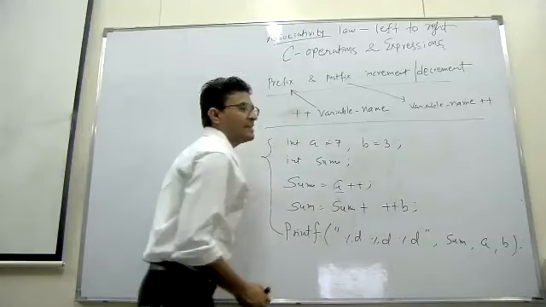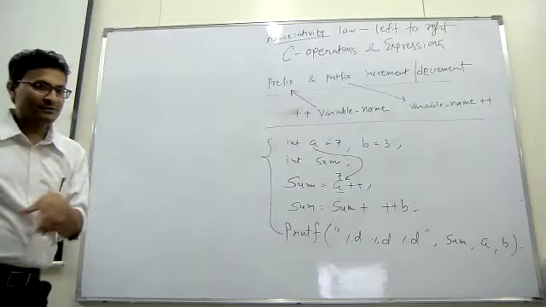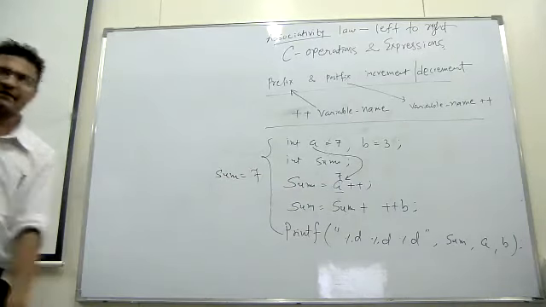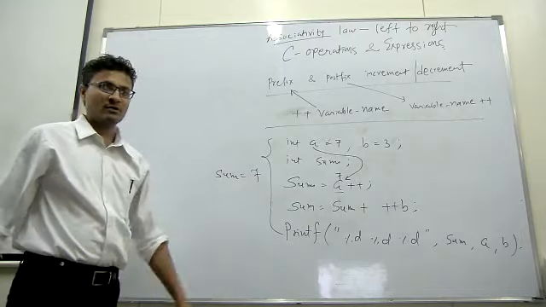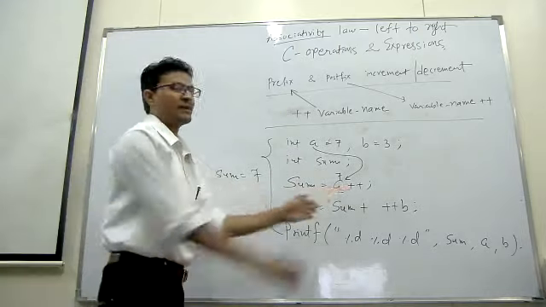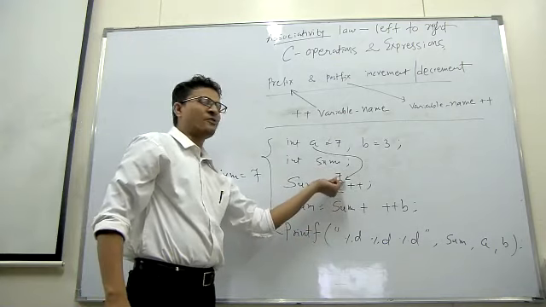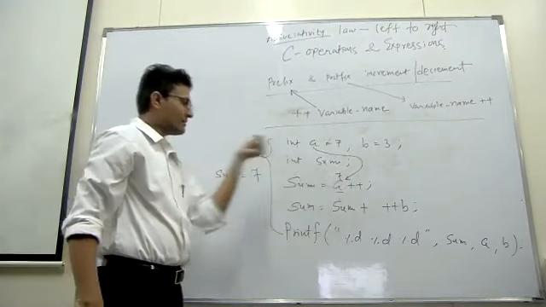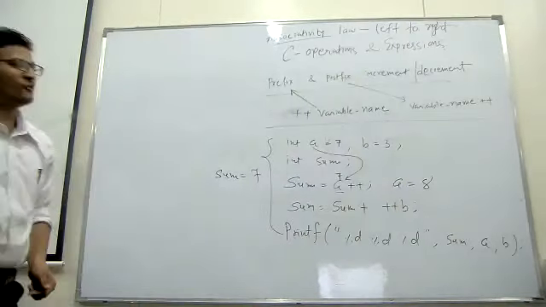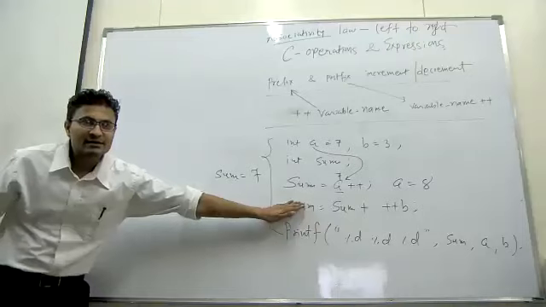So here it will assign 7 first of all. So my sum is equal to 7. Now it will update the variable after execution of the right hand side expression. So in this case, it will assign the value of A to the sum, that is 7. Now it will increment A. So the value of A is equal to 8 after executing this statement.